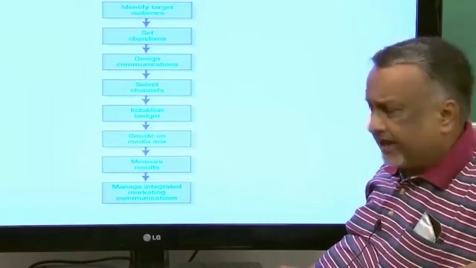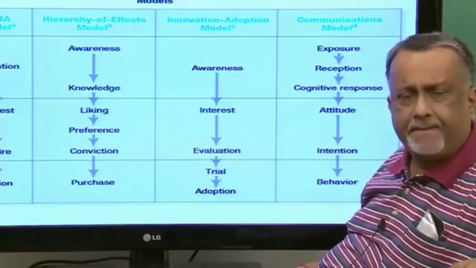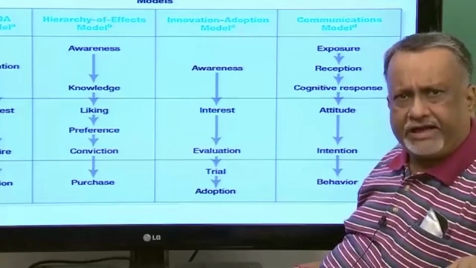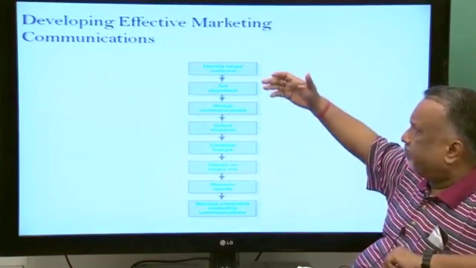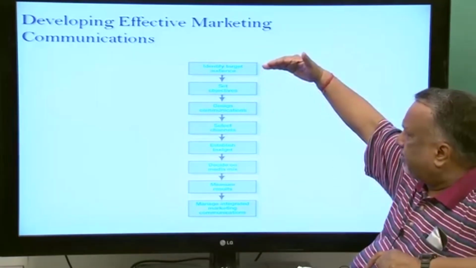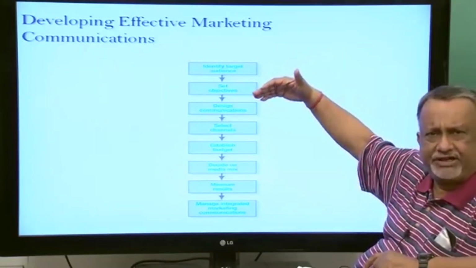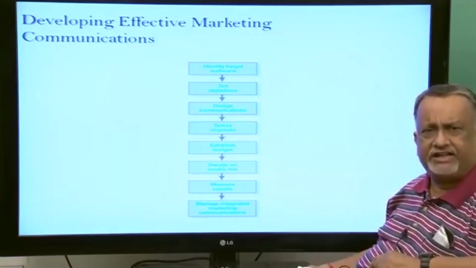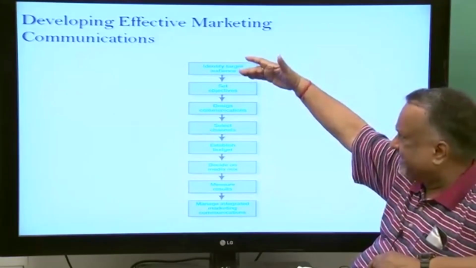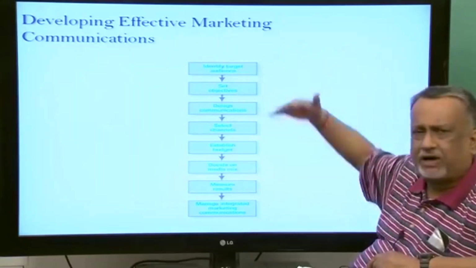Having understood these different theoretical models for the response hierarchy, or what happens actually in marketing communication, we can now discuss how we will deploy. The deployment will happen quite similarly to the segmentation, targeting and positioning that we have discussed in general in the case of marketing. So, identify your target audience, this is the segmentation, and then you set the marketing objectives.